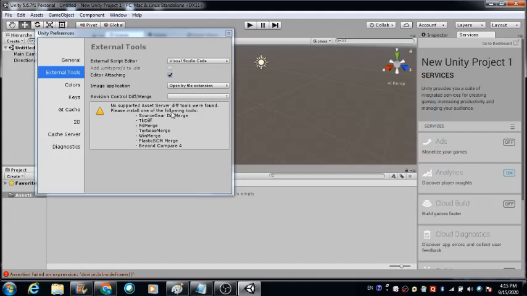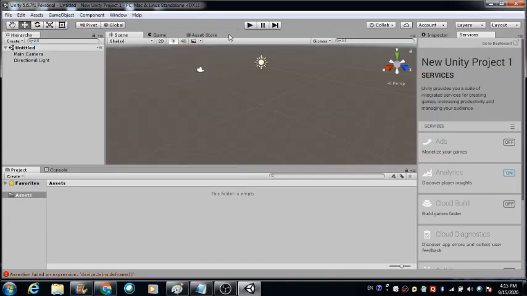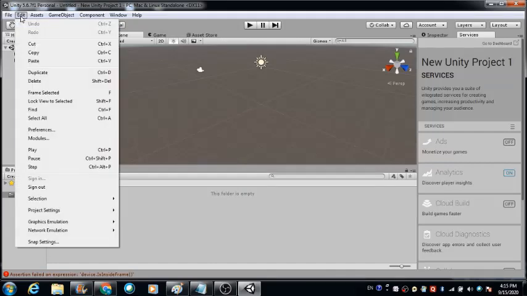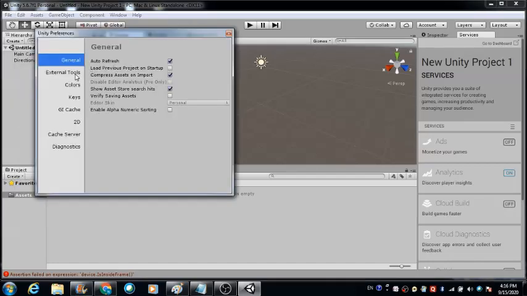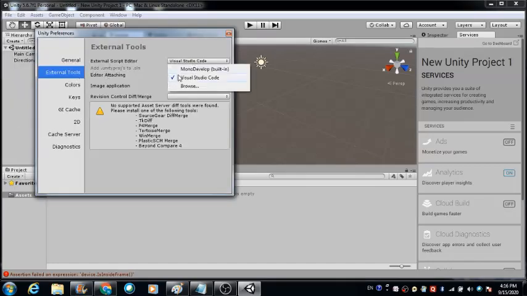Fine. Automatically what is going to happen is, when you close this editor and open it again by visiting the Edit option and then coming to Preferences, you will see this Visual Studio Code option over here.